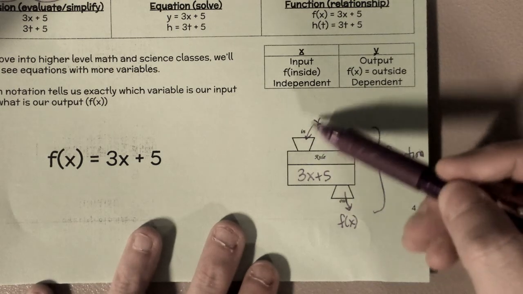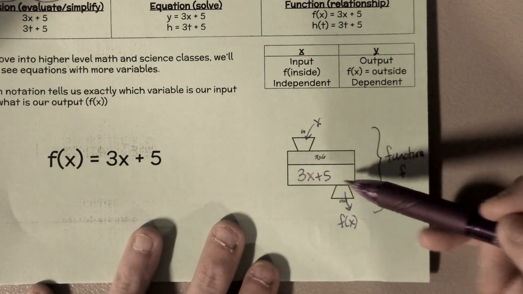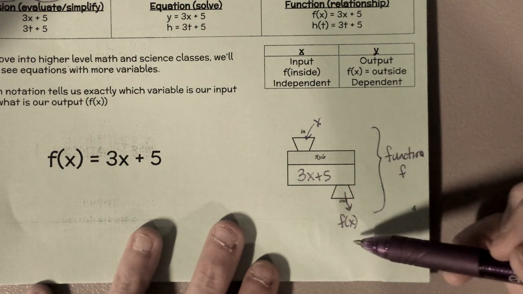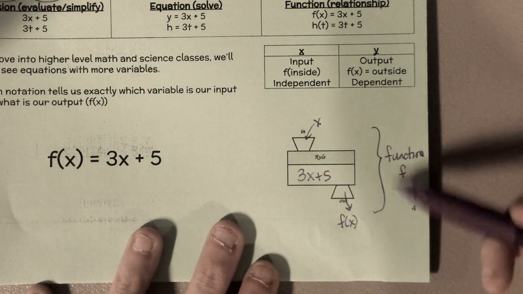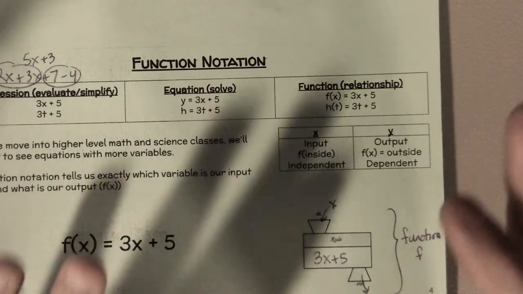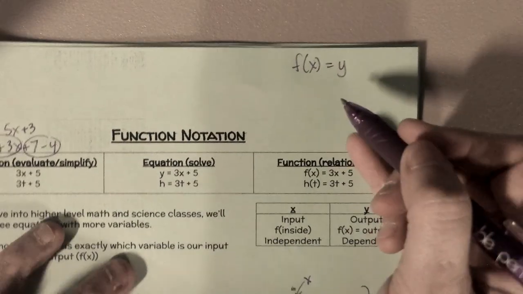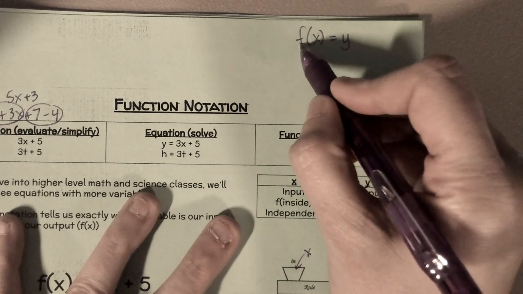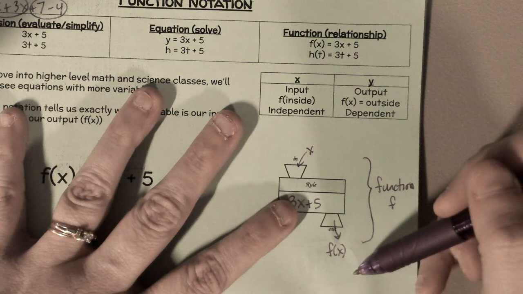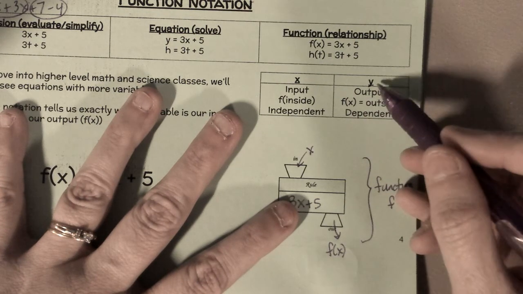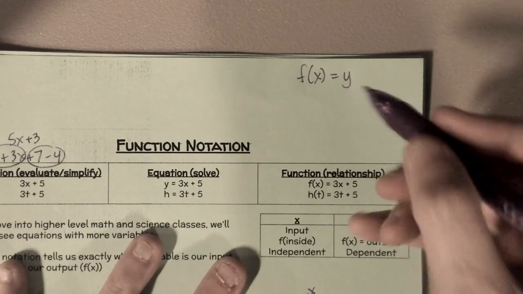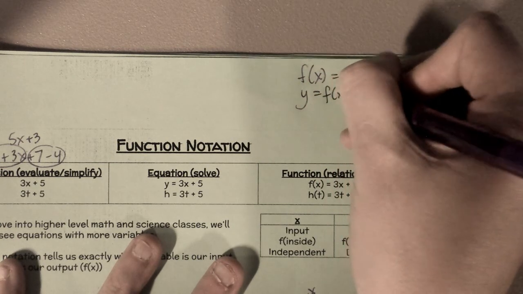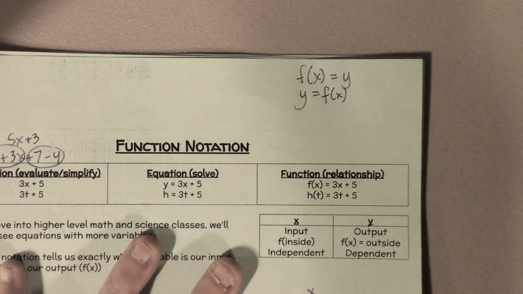So x is the meat, 3x plus 5 is the grinding, is what it does, it grinds meat. F of x is the ground beef I get out. Function f is that this is a meat grinder. Okay, so let's talk about what that means in terms of why I'm saying f of x. Literally it says f of x, and I said f of x is what the output is, right? Well, f of x is y, which is my output. If I rewrite that as y equals f of x,